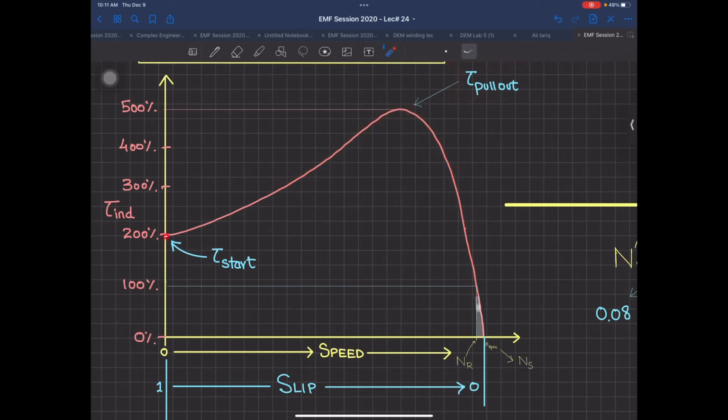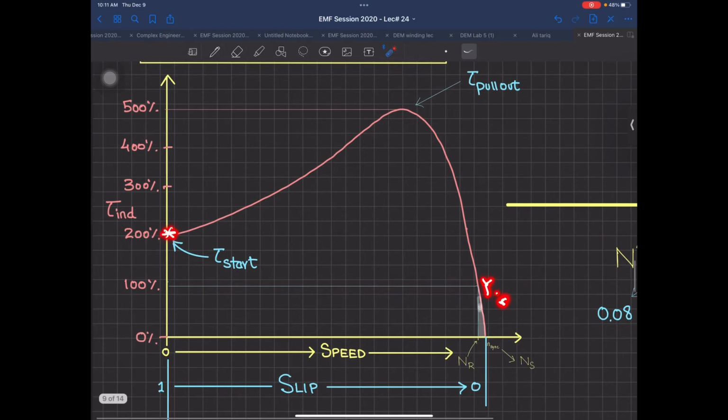And the starting point, because speed is going to start from zero. So the starting torque is also very large, and this point over here is very large as compared to the Y point. Why? As I told you previously, when an induction machine is starting from rest, what you have in the rotor is induced EMF that is maximum. Why? Because the relative velocity is maximum. So you can see the starting torque is almost 2 times more than your full load torque point. This is a generic term, not applicable for every machine. There can be different types over there. So this X and this Y point have almost 2 times difference.